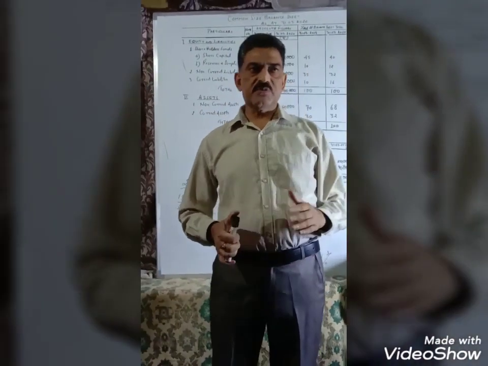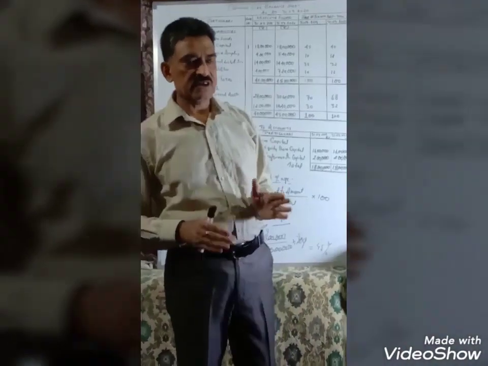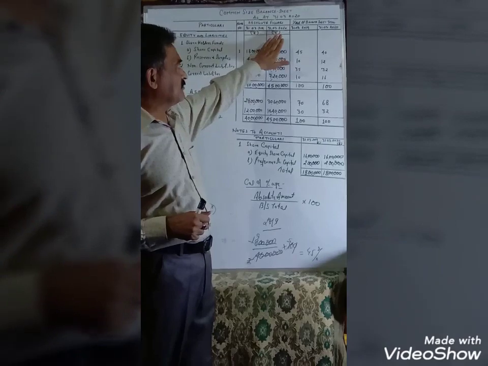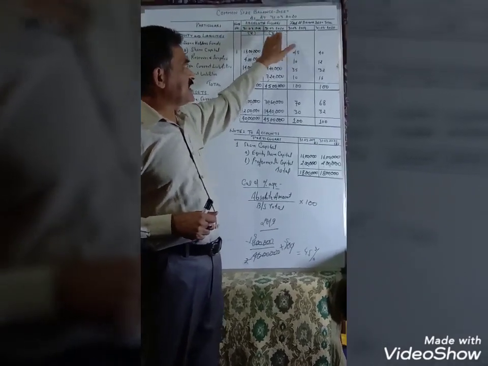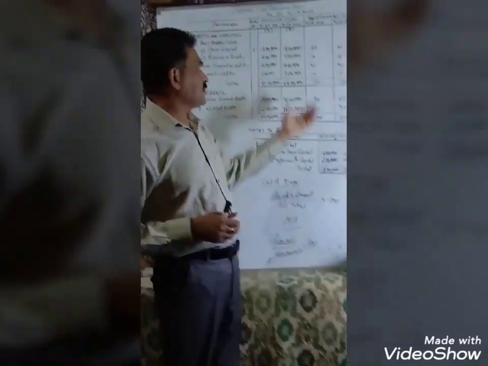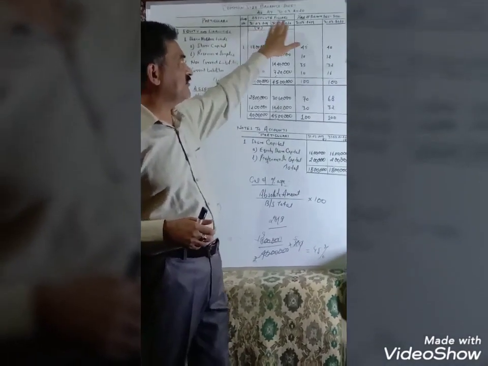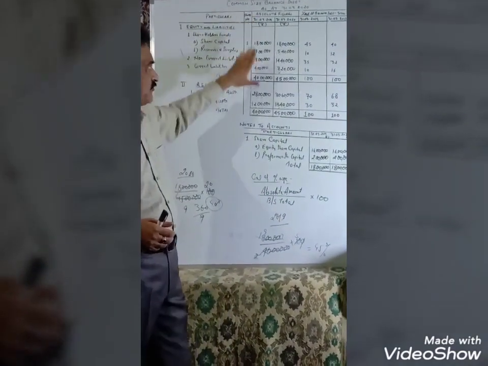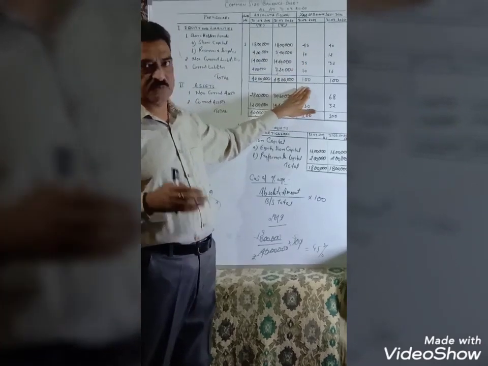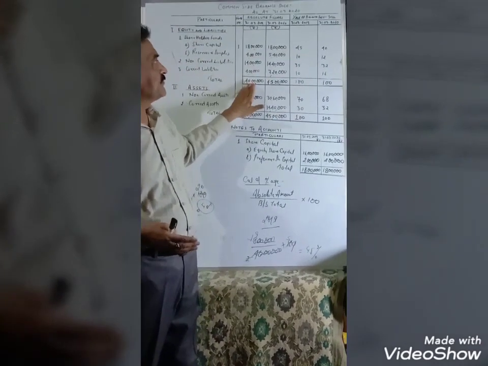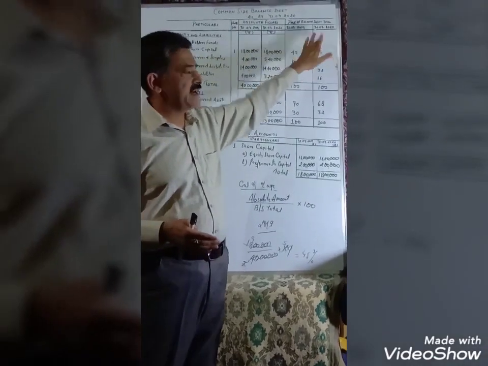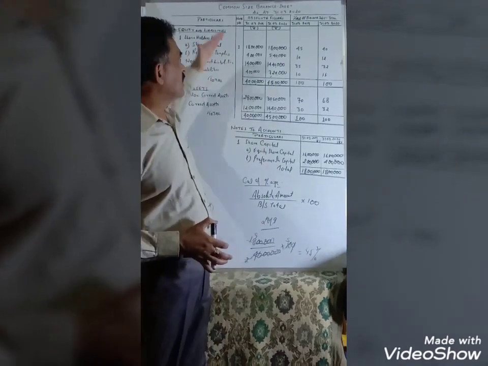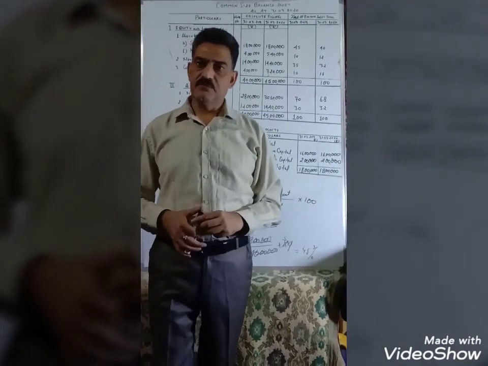Sometimes you may also be asked to prepare the common size balance sheet for one single year only. In that case, you have to delete one column for the absolute figures as well as for the percentage. That means you have to prepare only one column for the absolute figures and one column for the percentage. That individual year's absolute figures will be converted into percentages. You need not prepare the second column in that case, if only 1 year's balance sheet is required. This is all about the common size balance sheet of the company.